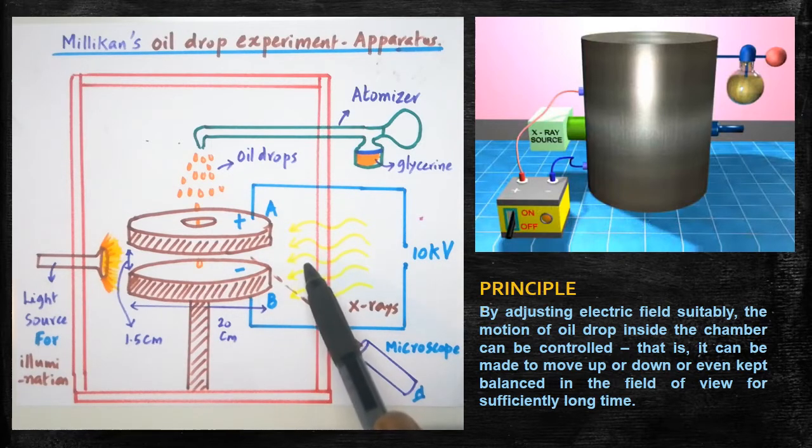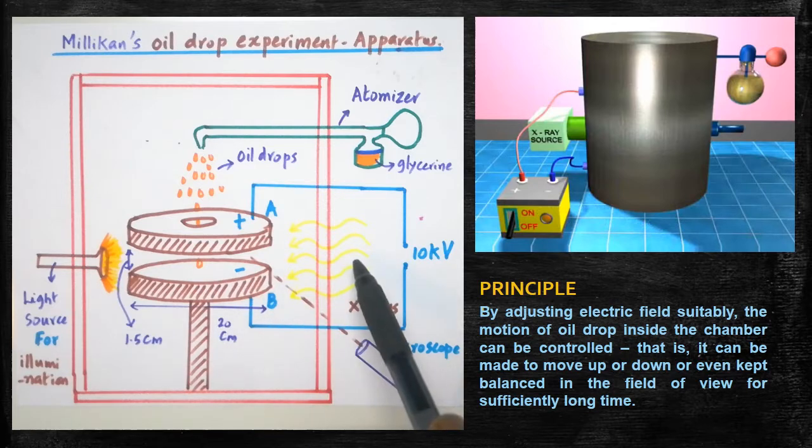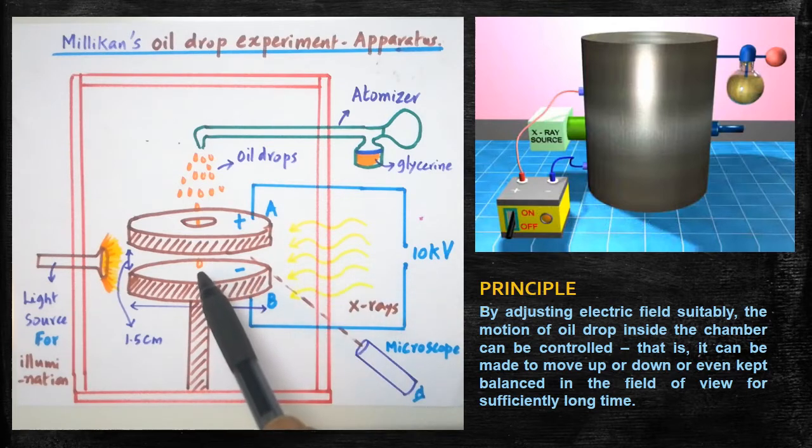When electrons are removed from the atom, the removed electrons stick on the oil drop. Therefore the oil drop will acquire a negative charge. So a few oil drops in the chamber can acquire electric charge, that is negative charge, because of the friction with air or the passage of X-rays in between the parallel plates. Due to friction or due to the passage of X-rays, these oil drops acquire negative charge.